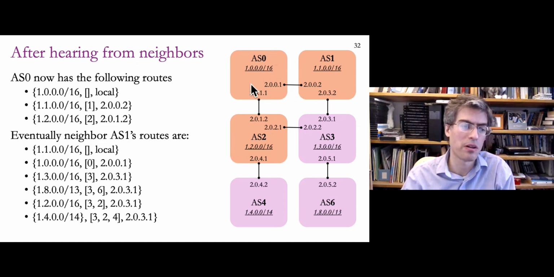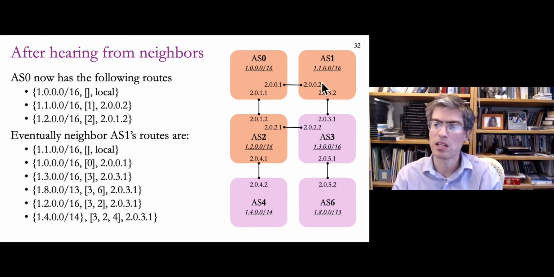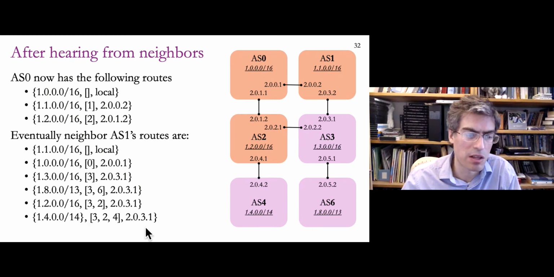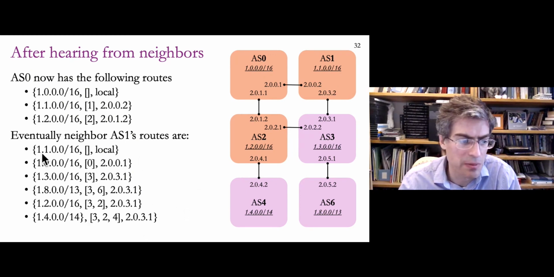will learn more. So if we want to look at one way of getting there, let's look at the neighbor to the right, AS1. If we assume AS1 has already heard all of the information from the rest of the internet, and AS0 is the only one that's kind of slow or behind, then the routes AS1 is going to have are as shown here. You can kind of stare at them to see whether they make sense. Basically, these specify all these 6 different destinations, and what the proper next hop is from AS1's perspective. So either it's going to go down or to the left, right? It's going to go down for all these ones down here, except it's going to go to the left for